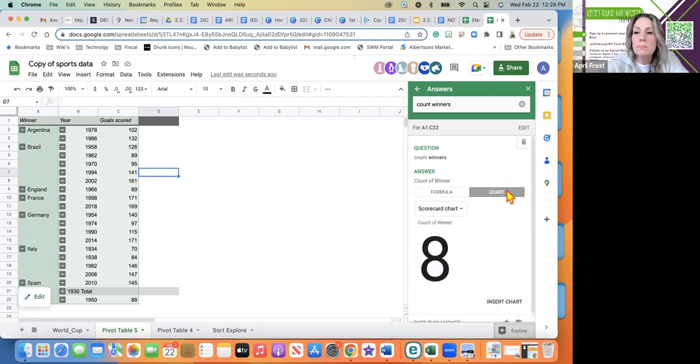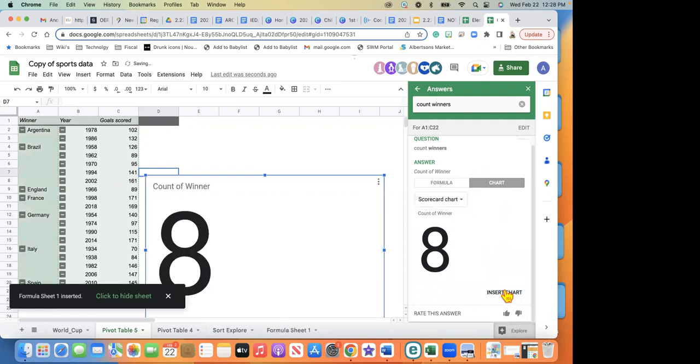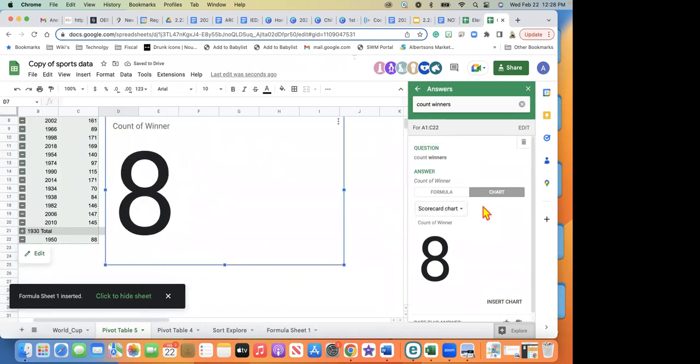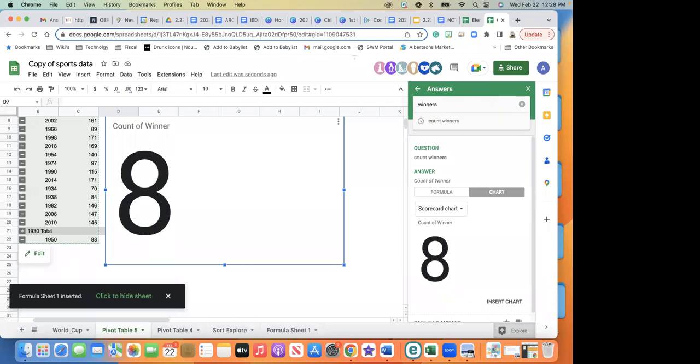Chart over to the right, chart. Okay, so there are 8 winners. And you have to find, it's kind of a weird language, but it's like frequency of winners, because this is telling you there were 8 countries that have won the World Cup. But if we do win frequency winner, distribution, or